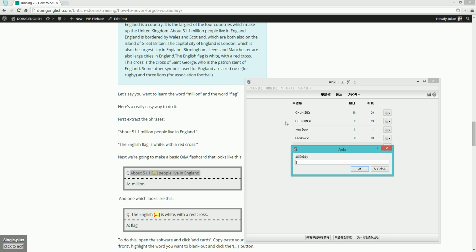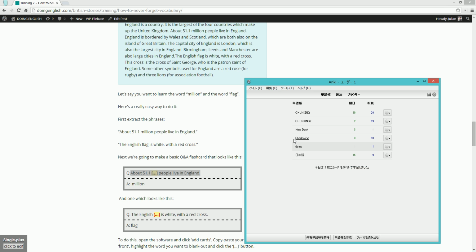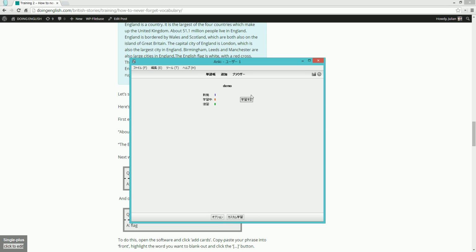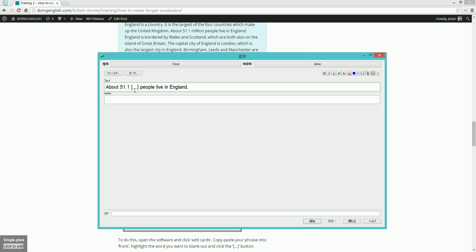I'm going to make a new deck, demo. I've already got one called demo. Let's just open this one. And I'm going to add this new card. So I can do this like this. Million. Okay. So, we've learned the word million. We understand the word million, but we can't say it. We can't produce it. So what this means is that I can read this sentence about